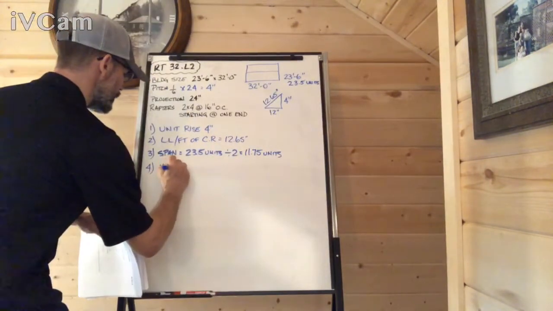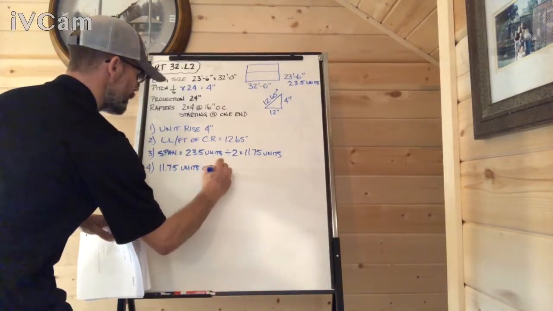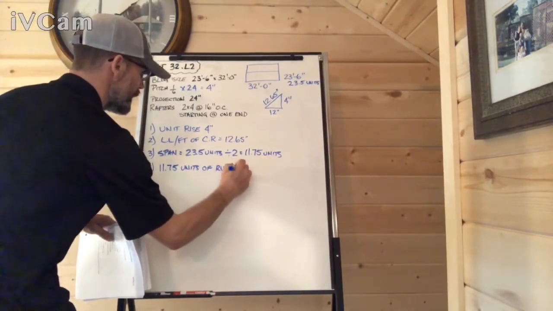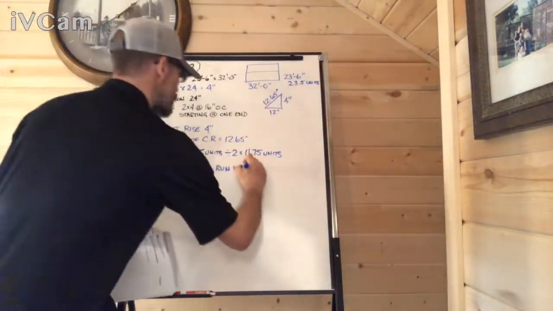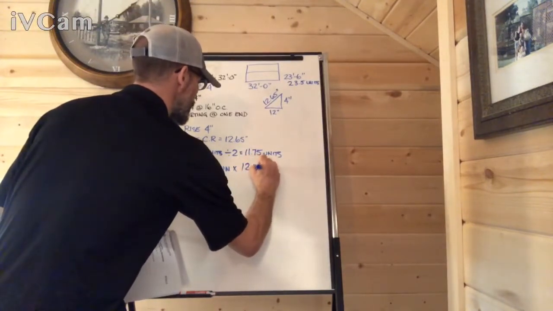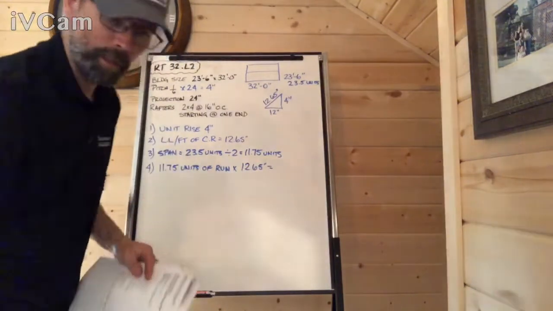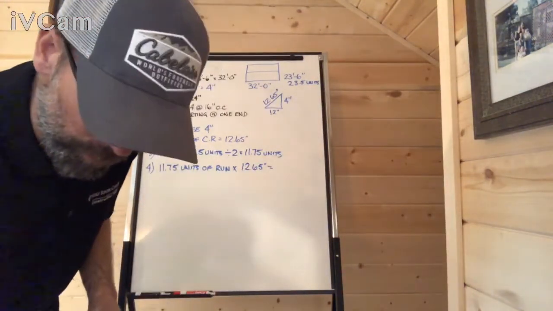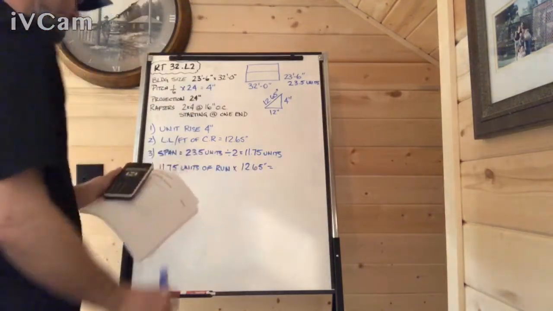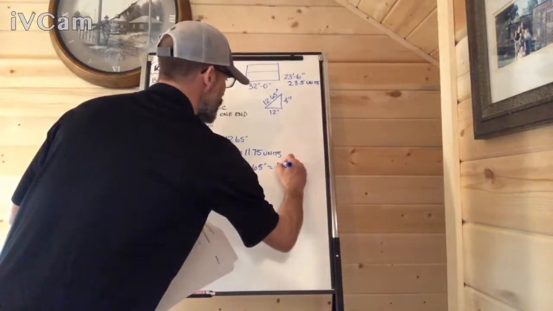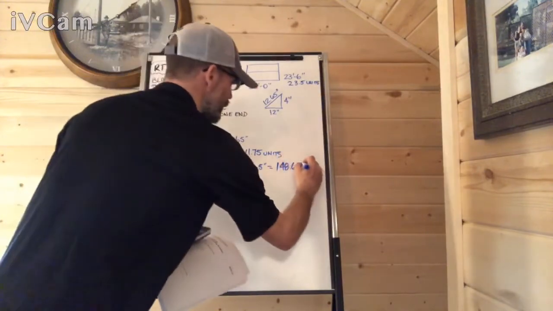So 11.75 units of run times the line length per foot, 12.65 inches per unit, gives me an answer of 11.75 times 12.65, 148.6375